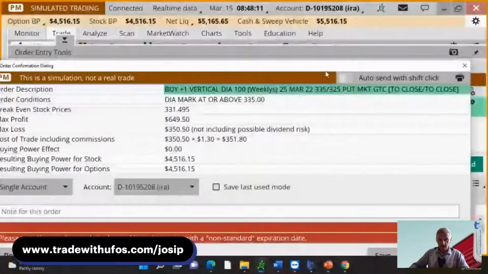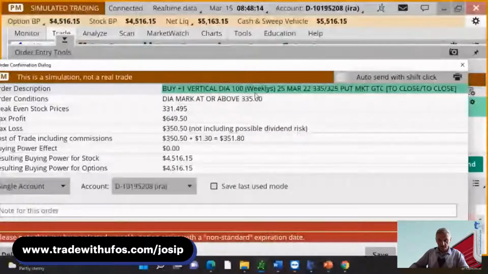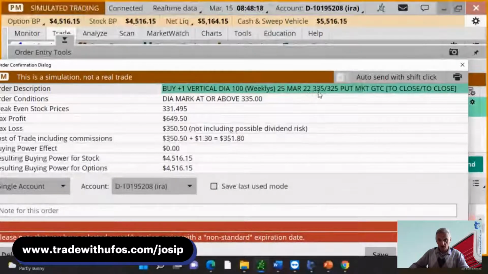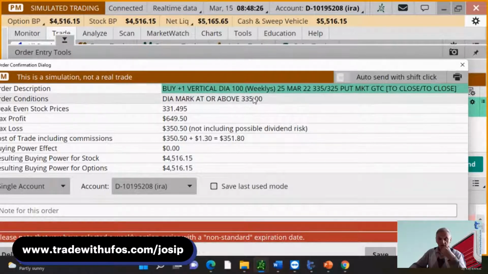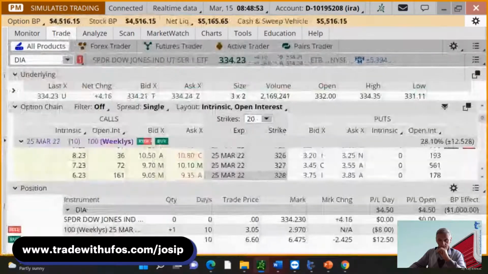I take time to read it. So: buy back entire vertical. That involves a 335 put that is right now in the money, because we're trading at 333. So that means there's $2 in the money in it. But if we go to 335, and that's where those UFOs are, most likely we're going to hit it and come right back down. But I just want to shave that little piece, right? At that point, I might not make all of the $350, like we'll know what it was when the time comes. So when price is at or above 335, we're going to be out of it.